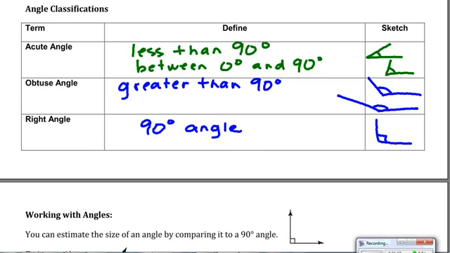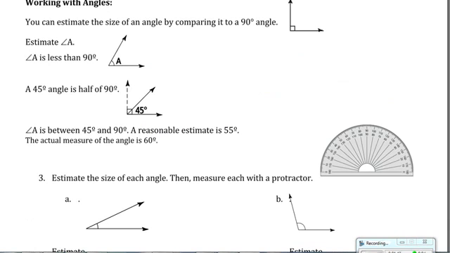So next part, if we're working with angles, we can estimate the size of an angle by comparing it to a 90-degree angle. So is it less than 90? Is it a lot less than 90? Is it greater than 90? Is it a lot greater? Is it greater than 180? That kind of thing. So if we look at this first example for angle A, we're estimating, okay, well, it's